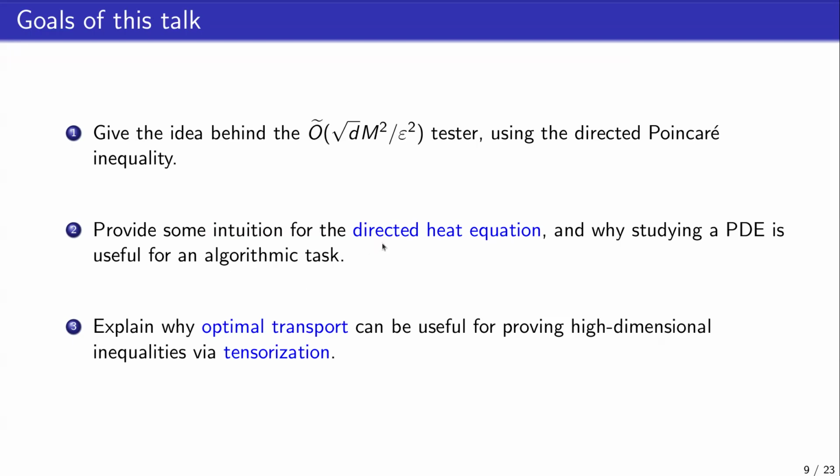The first is this idea of a directed heat equation, which is this partial differential equation, this PDE that I study in the paper to get the inequality. And I want to give you a notion of why studying a PDE makes sense if you care about algorithms. And the second one is this particular technical ingredient in the proof, which is a detour through optimal transport, which proved to be a really interesting, useful way to tensorize an inequality. So I had an inequality in one dimension, and now I want it in d dimensions without losing any factor of d. And it turns out that optimal transport seems to be a natural tool for tensorization. So I'd like to tell you a little bit about that too.